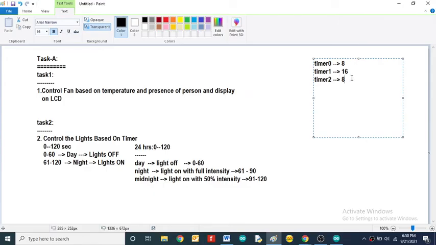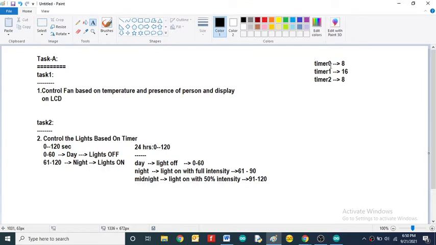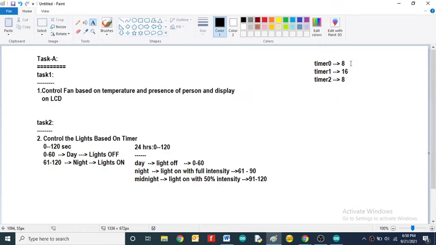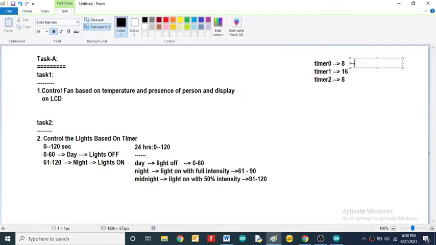16 bit. Okay, so this is the resolution of your timers. Now I will use timer 1 for creating my own delay. So here I can count up to 256 clock pulses, but here I can count a bigger number. So that's why I'm choosing timer 1. Here roughly we will get 65,000.